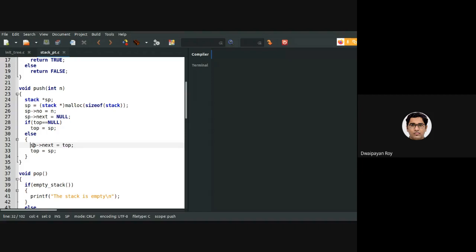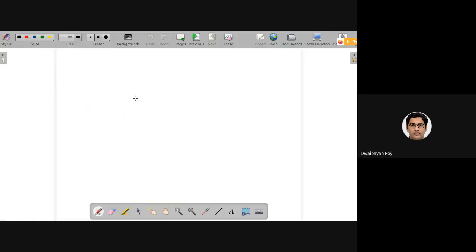We set the newly created node's next to top. As you may recall, if I push, say, A first, it makes the stack look like this: A, and the next pointer is null, and the top is pointing here.